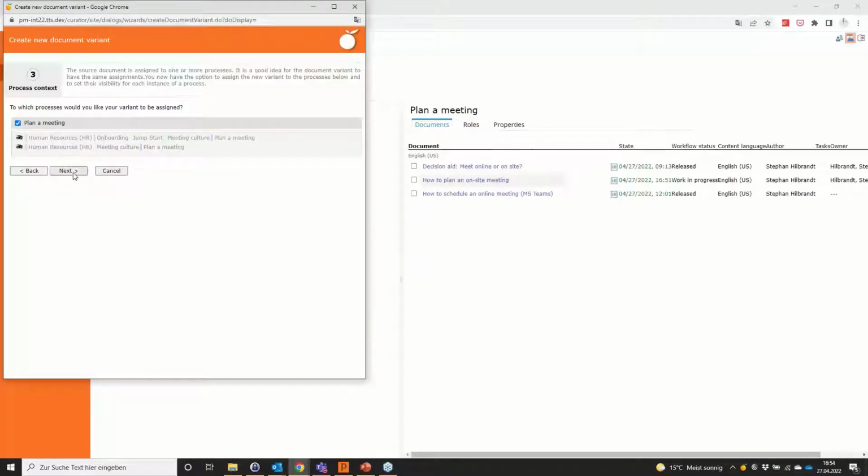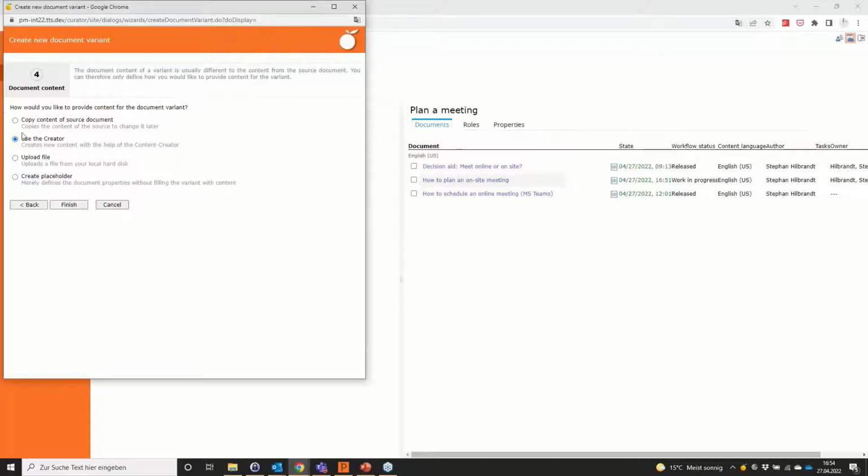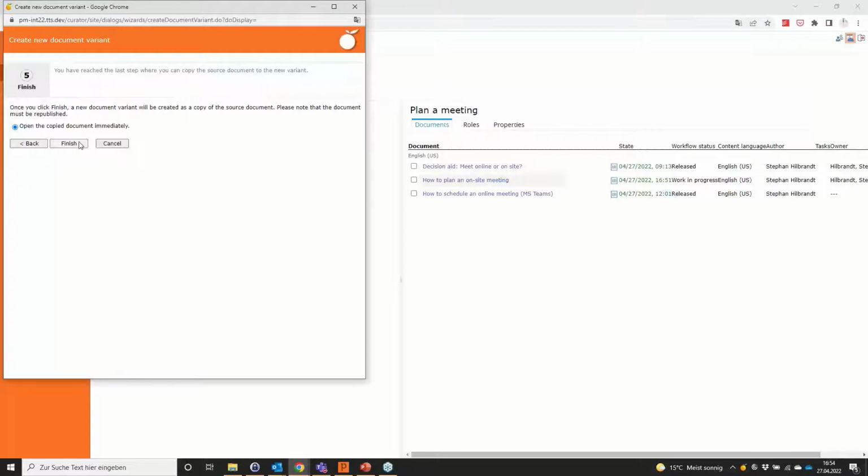Click on next, and now I can decide whether I want to use the creator with a new document to really start from scratch and maybe record this document completely new with a German Outlook version. Or if I say, well, the screenshots are self-explanatory enough, I just want to translate the texts, and then I copy the content of the source document. In the first step, I open the copied document immediately, and after it opens with a German version of the document,